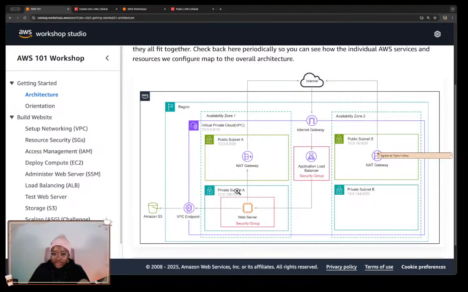The point we are at now is our web server and our application load balancer. These two, we've not yet deployed them. Everything else is already deployed with our security group existing and all of that. So now we are going to be deploying our web server. And here we have